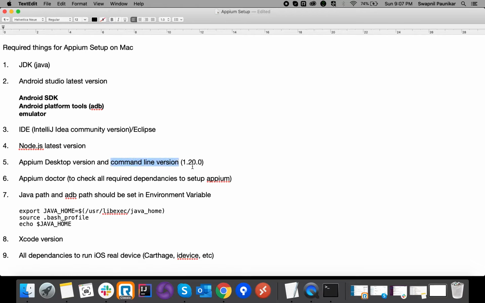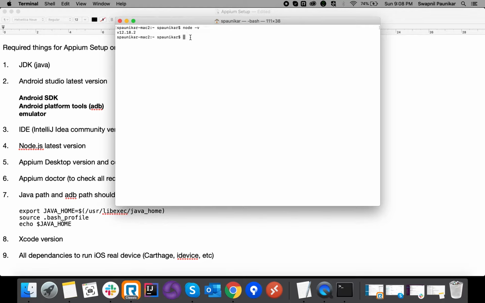In order to download the command line version, we have seen Node. When you install Node.js, with it we also get the npm package manager. A package manager is nothing but a utility through which we can also install other Node.js supported applications, like APM, which works on Node.js only. So if we want to install the command line version of APM, we can use npm.